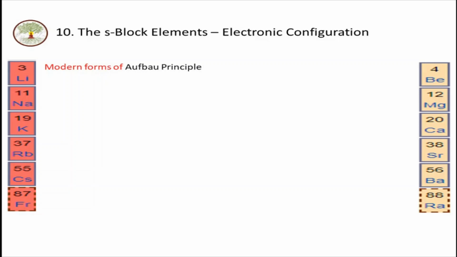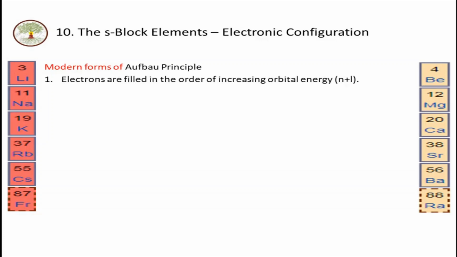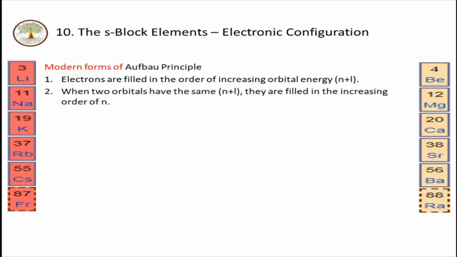Electrons are filled into the atomic orbitals according to the modern form of Aufbau principle, which states that electrons are filled in the order of their increasing orbital energy, which is estimated by the sum of principal quantum number and azimuthal quantum number, that is n plus l. When two orbitals have the same n plus l, they are filled in the increasing order of principal quantum number,